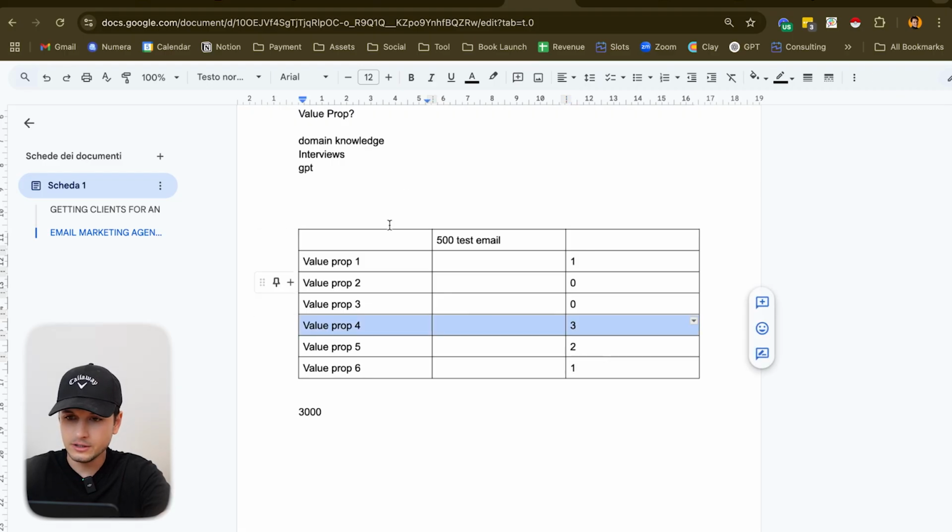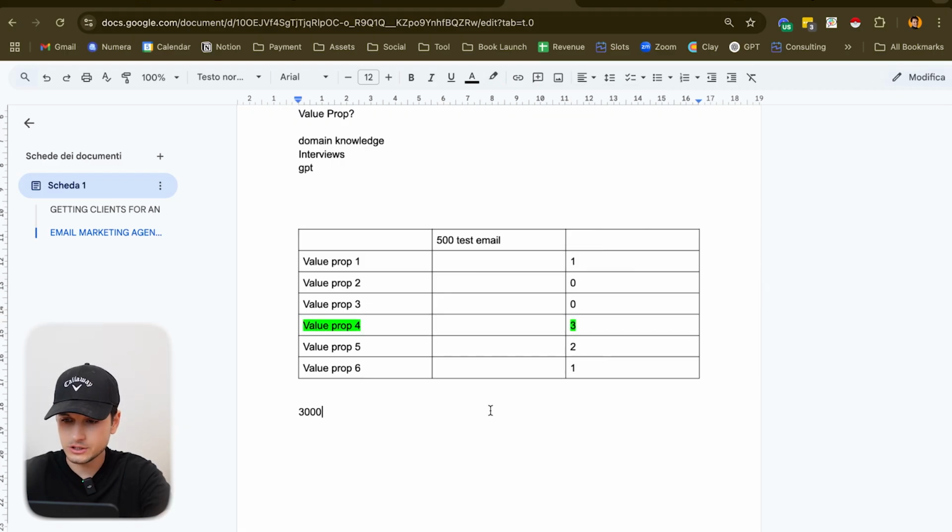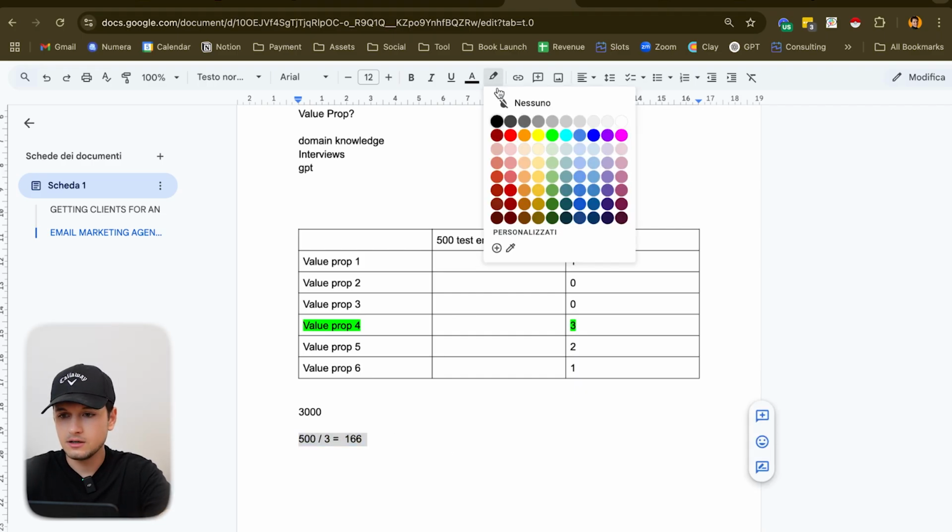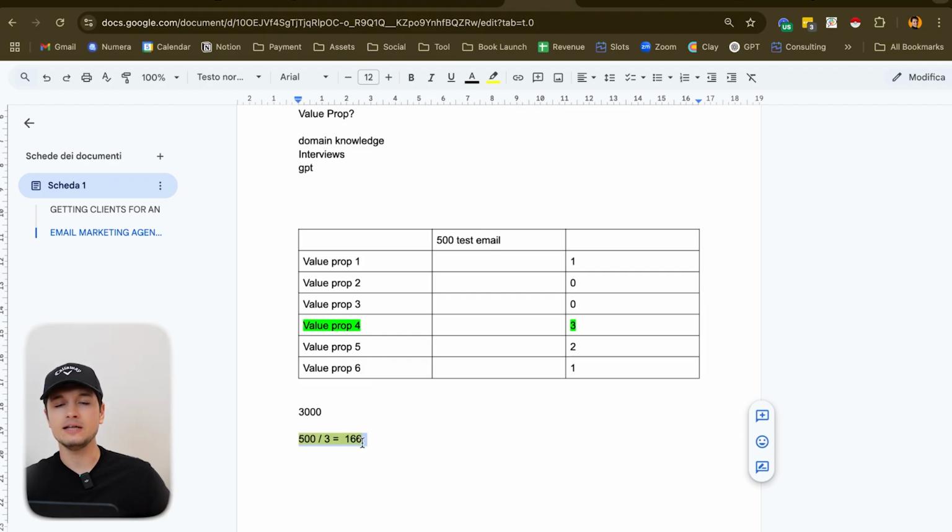We only want to get this. We make the math, which is 500 over 3, which is equal to, amazing, 166. And that's it, guys. Crazy enough, in 90% of the one-to-one consultations that I do, and